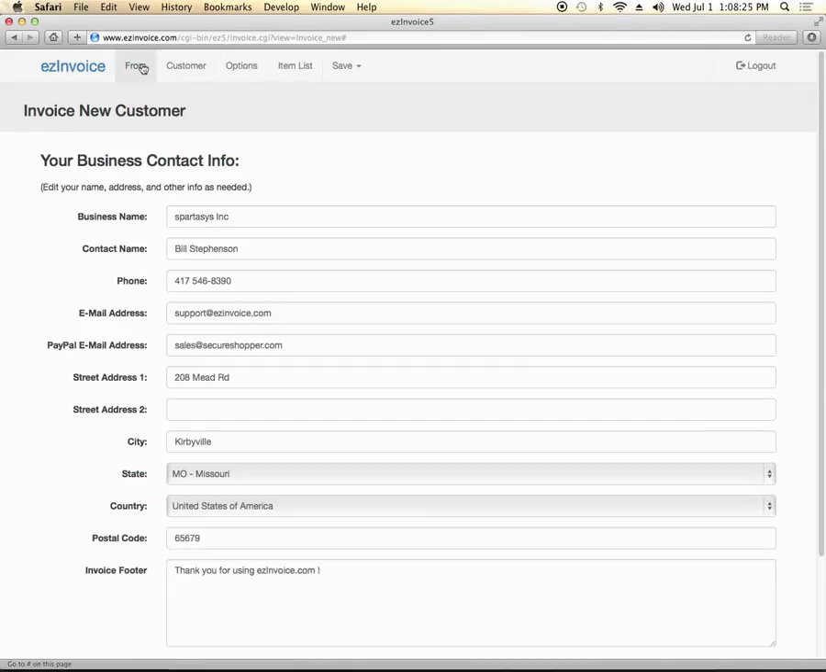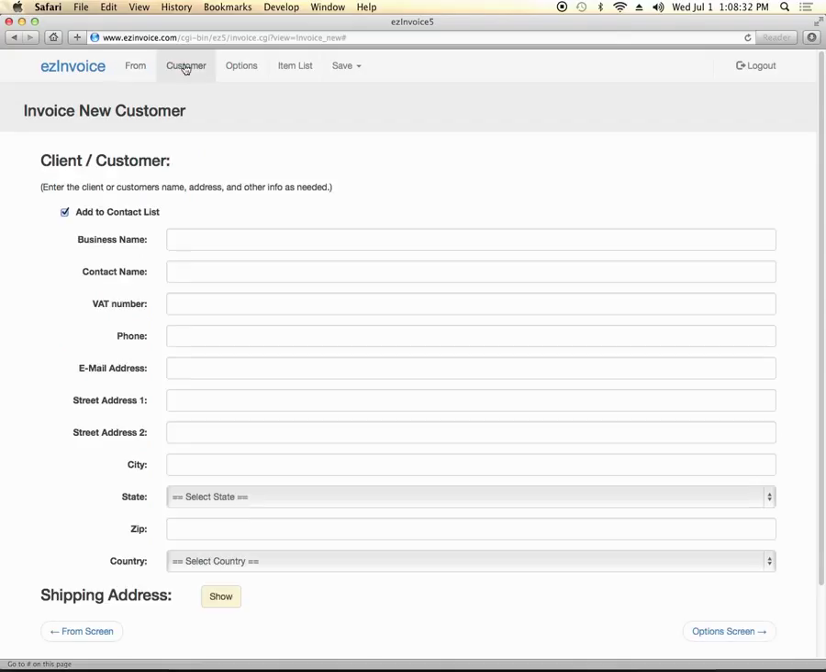Your from screen is already filled out. The information from your preferences is put in here. So what we need to start on with a new invoice for a new customer is the customer screen. First you'll want to type in the business name. We're going to call this American Widgets. And the contact name will be Jim